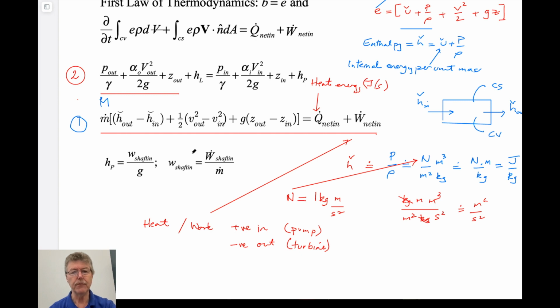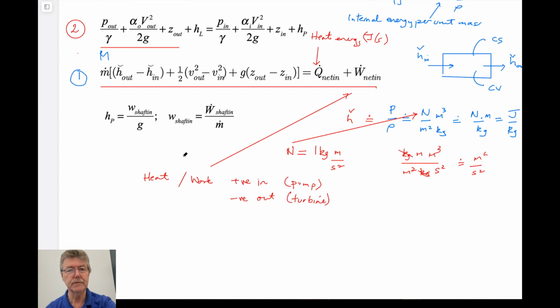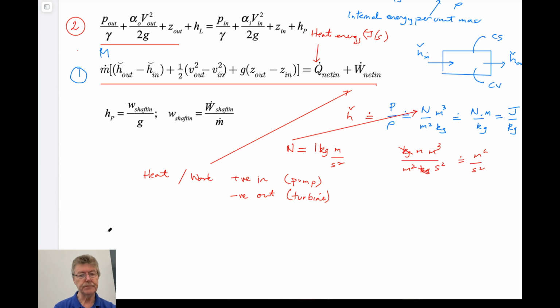I don't know why I wrote it that way. Why don't I write it properly? I'm going to write it down here. For some reason I've written it from downstream to upstream. So let me write it. So P out, I'm going to call it P2 actually. P2 over gamma plus alpha times V,